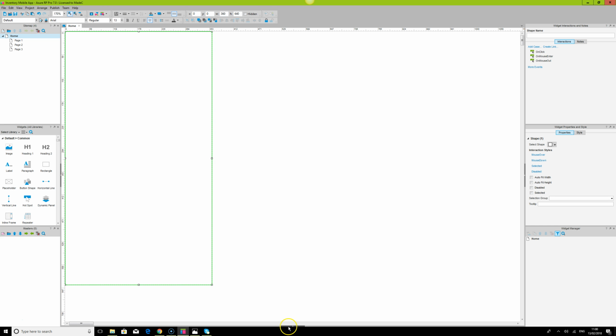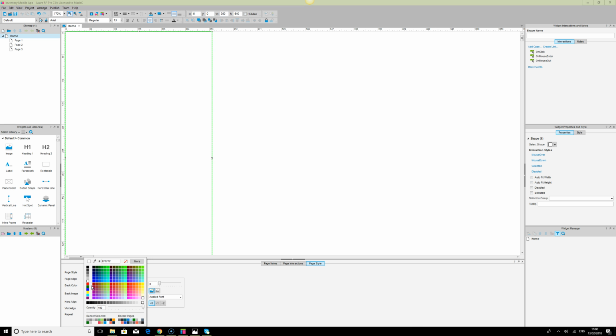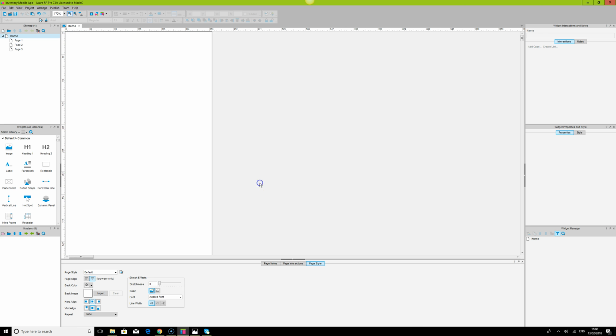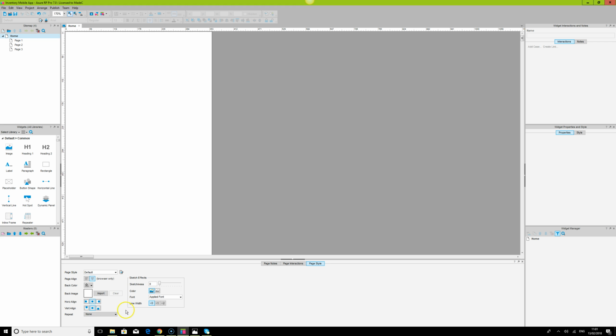What I also normally do is to center this design, so align horizontal center and browser only center, so that when I'm previewing this page in the browser, everything is okay. And since I'm using a white background, I'm just going to make this a little bit gray, so that we can easily differentiate the design from the prototype itself. So I'm just going to leave it like this, and I'm going to remove the